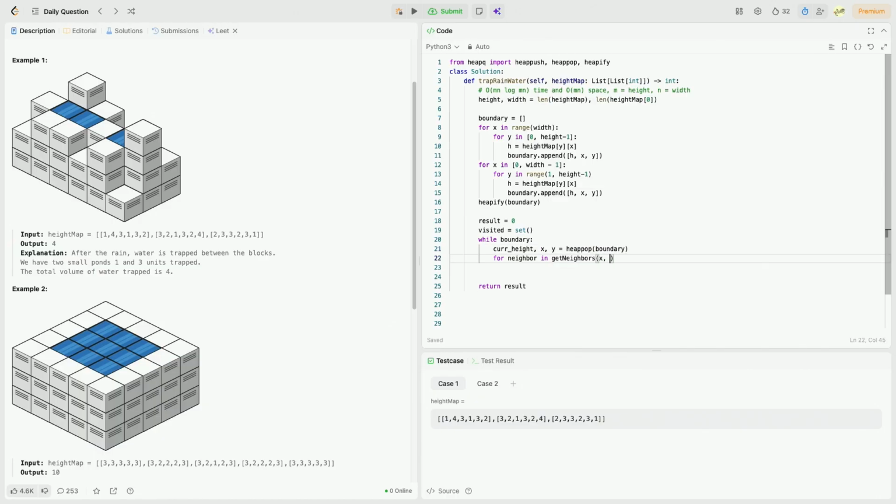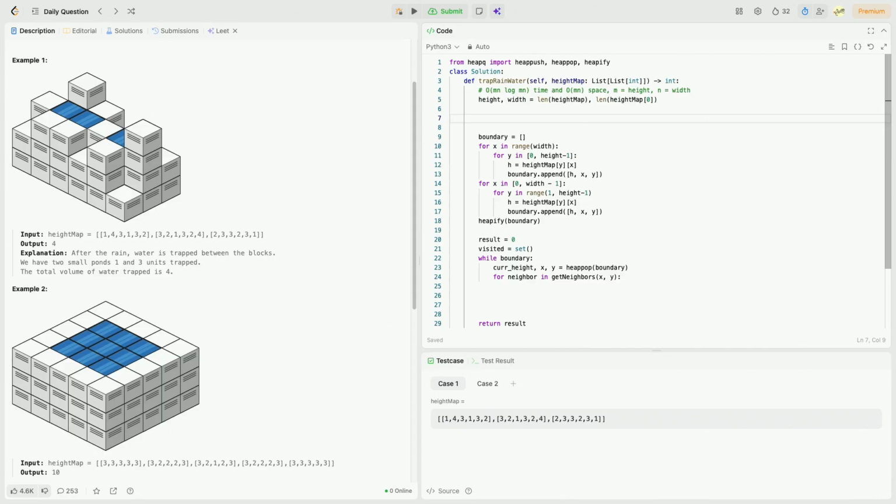And we're just going to get the current neighbors of X and Y. And we might as well pass in the height as well. We could look it up. Or maybe we shouldn't pass it in. Maybe we should keep it simple. So, like so. And for that, we're going to need a little helper function, def get neighbors